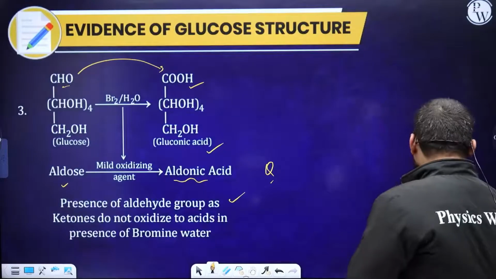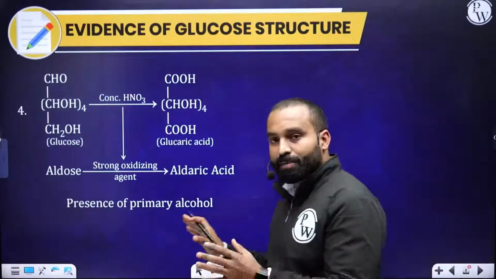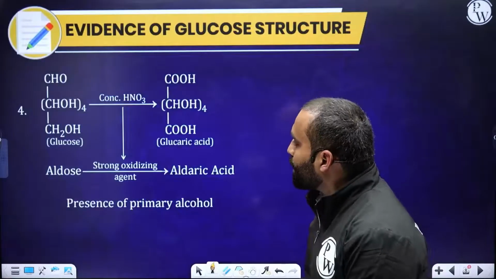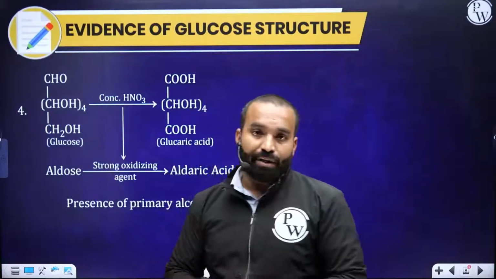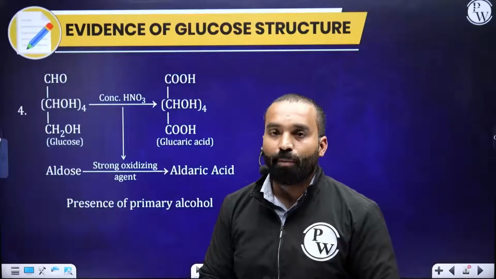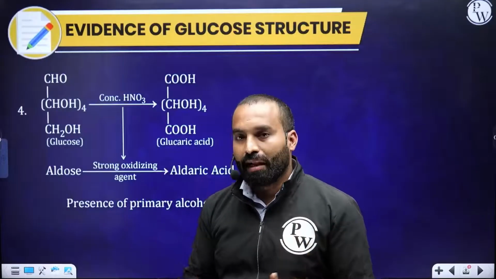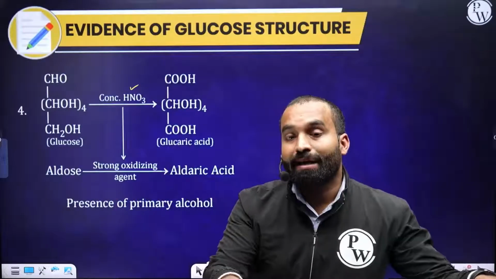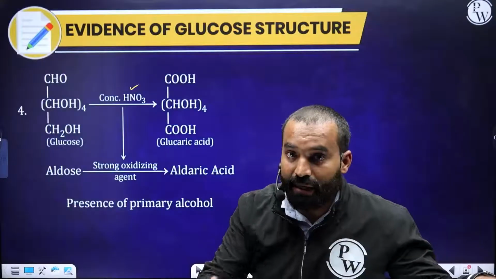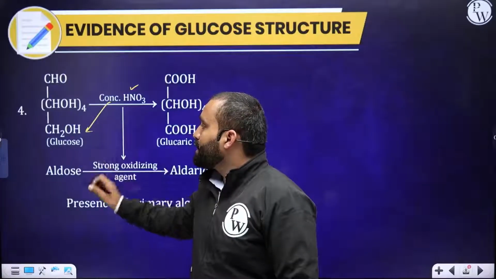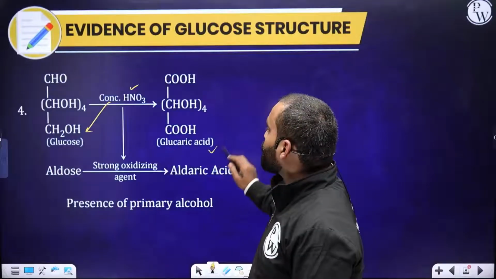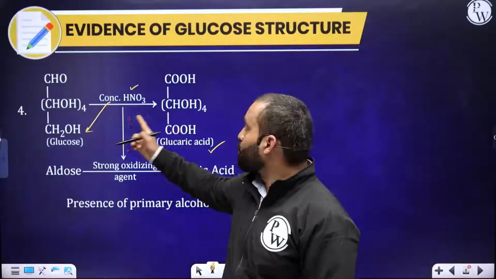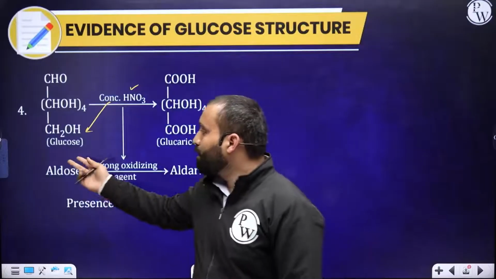So make sure you know this, and you should be able to write down this equation, and also the comments. After that, we need to figure out, of the many alcohol units, how many of them are primary, how many are secondary or tertiary. When you react it with concentrated HNO3, you should know that concentrated HNO3 is a strong oxidizing agent that will oxidize primary alcohol to its corresponding acid. Check this please, the secondary alcohols are untouched. They are not changed. They are as they are. So primary alcohol is changed.